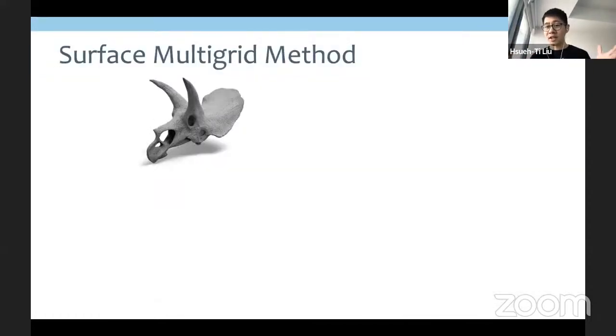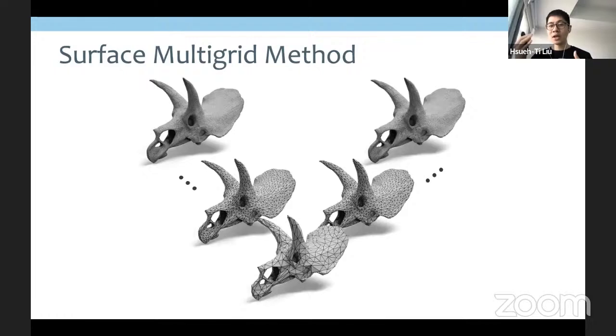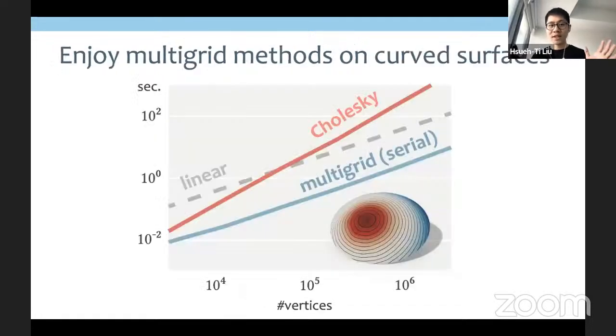And that is basically the key for us to define a multi-grid method for curved surfaces. So take this high resolution shape as input. We can use our method to decimate this model to build a hierarchy. And then for each consecutive level, we can also use our method to determine the correspondences so that we can define interpolation and restriction. So now we finally have the privilege to enjoy the efficiency of multi-grid methods on